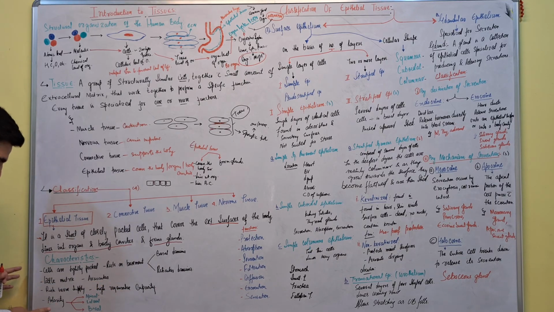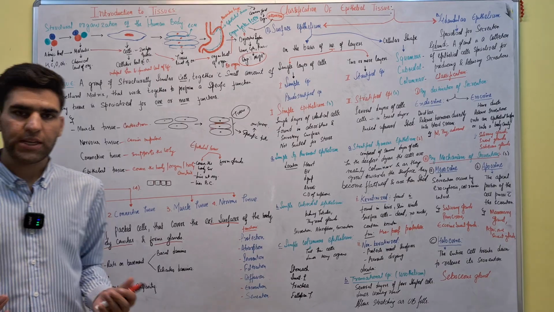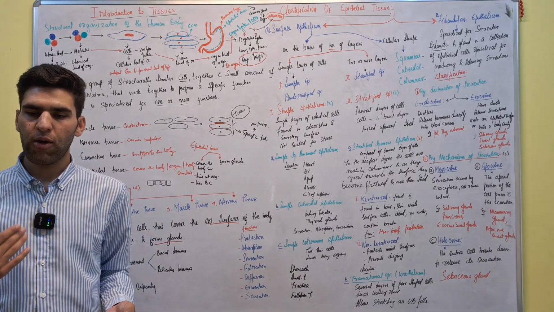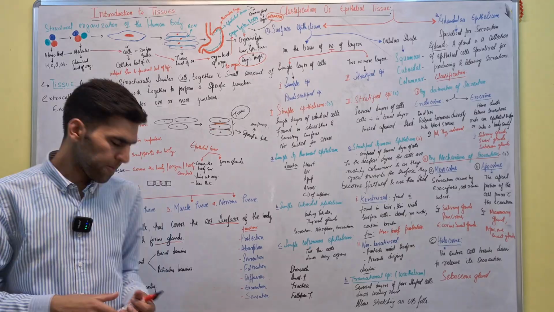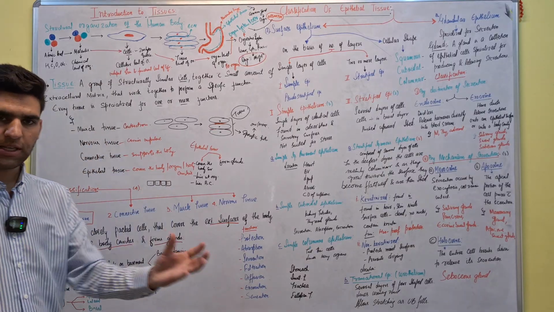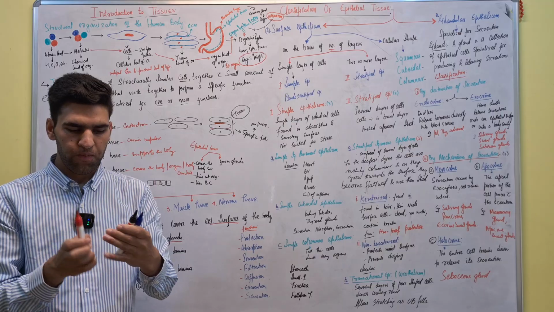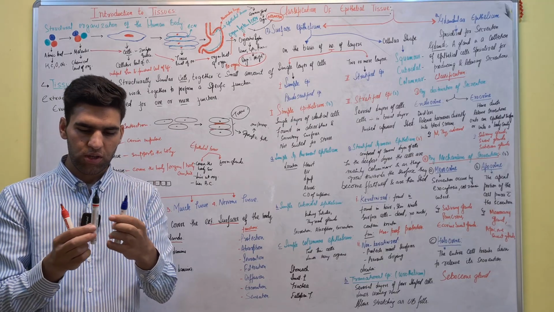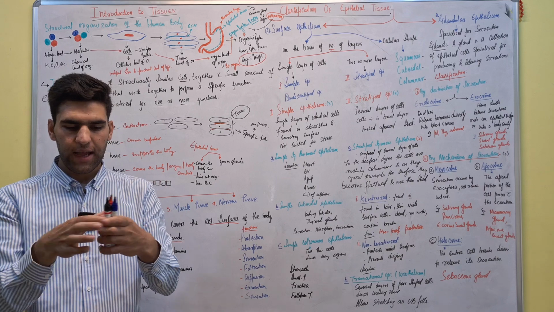Now coming to the polarity of epithelial tissue, that is the surfaces of the epithelial tissue. For example, if I talk about the human body, we have an anterior side, a posterior side, a superior side, and an inferior side. These are the sides of the human body. Similarly, epithelial tissue also has some sides. If this is the epithelial tissue, these are the cells of the epithelial tissue. They are close to one another. They have little extracellular matrix, and